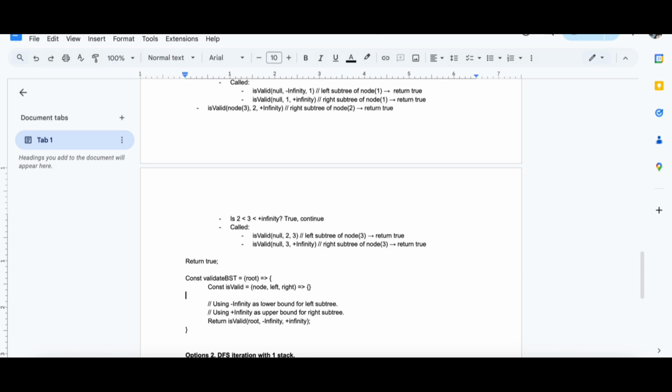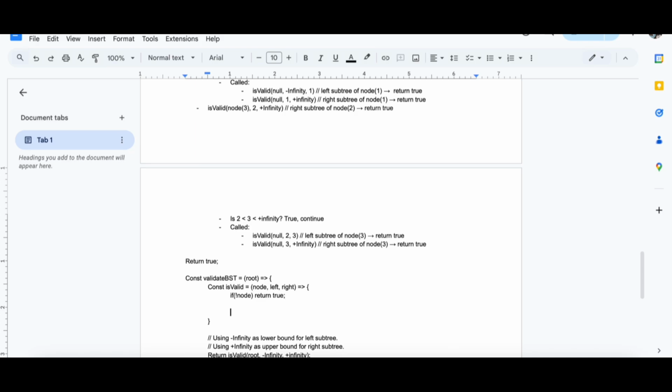Okay. Then inside of here, if the node is null, return true. If the left is not smaller than node value and node value is not smaller than right, return false. Then we recursively check both of them.